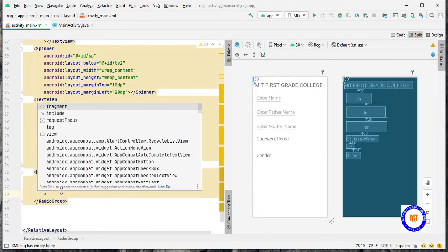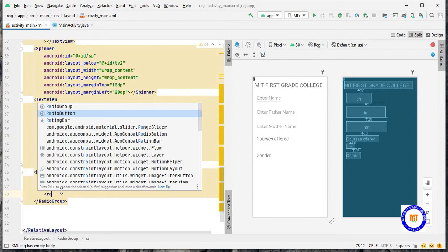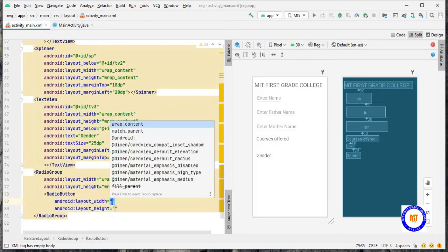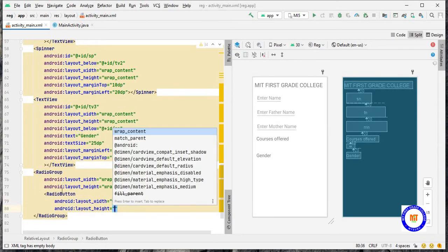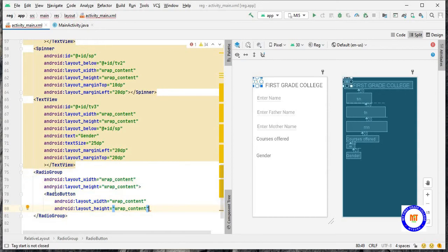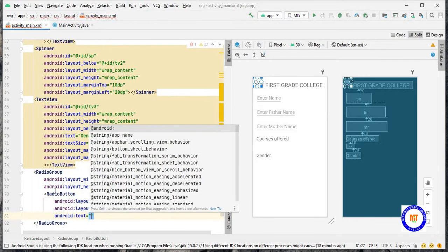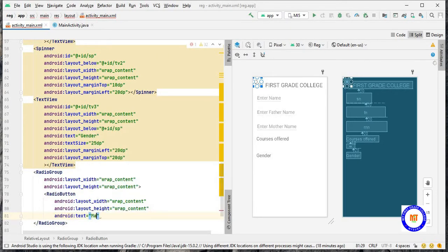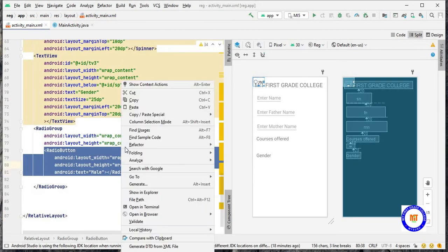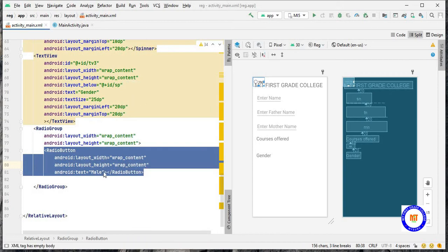Now we'll take the radio button. Let this be wrap content and wrap content. Now we'll give the text. Let the text be male and female. Just copy this and paste it again.